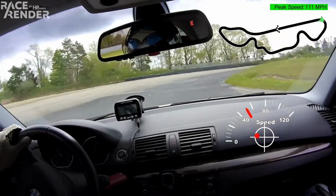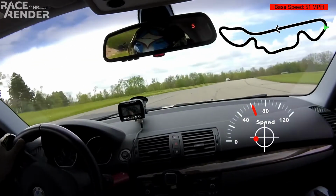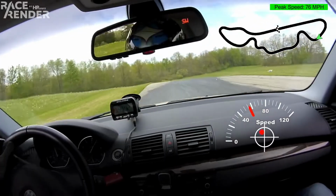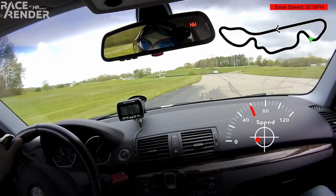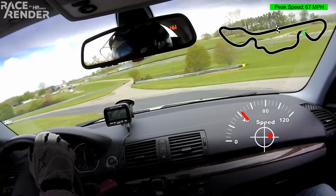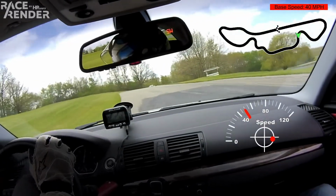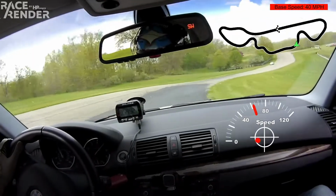Long, slow turn into turn one. Pick up the throttle, turning up the hill and then releasing over the crest. When this goes flat right there, we brake, turn in nice and early. Use all the track out, back to mid-track, braking up the crest, up the hill, then releasing before you drop into the bowl. Staying tight left, very tight left, and then getting turned in for this apex here, full throttle,